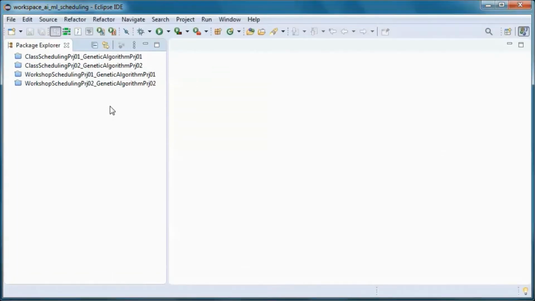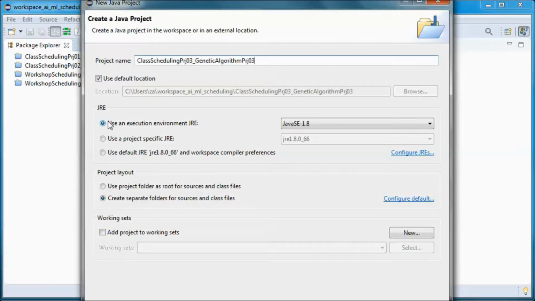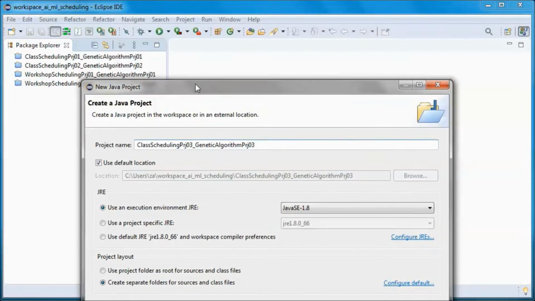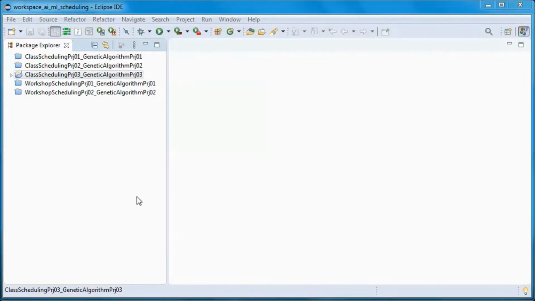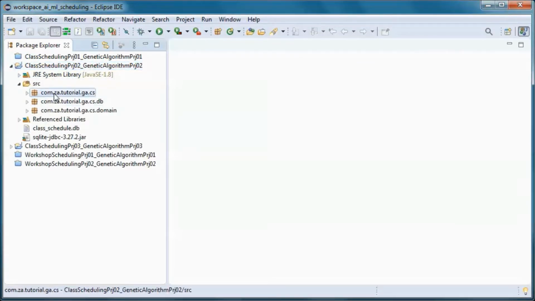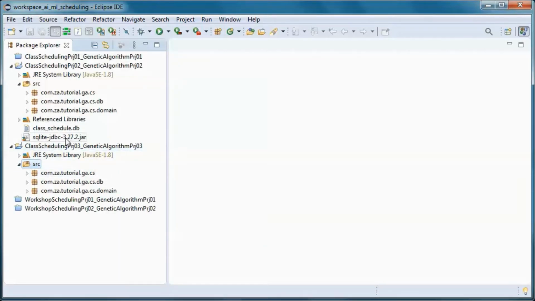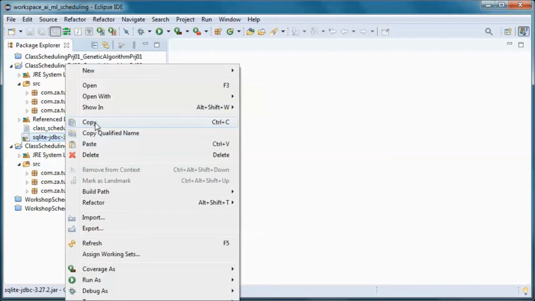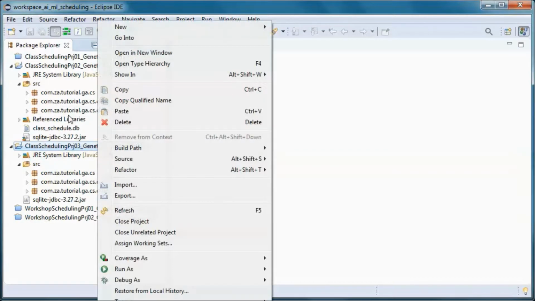I will start by creating a new project. And this will be based off the source code from here. And we will need this SQLite jar.